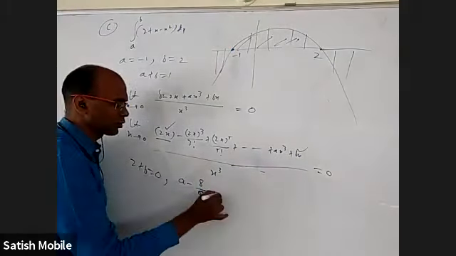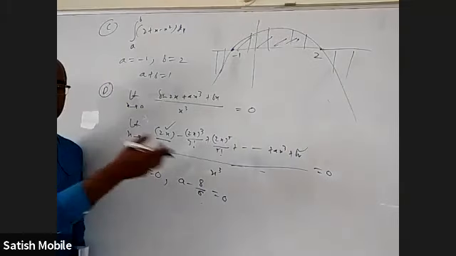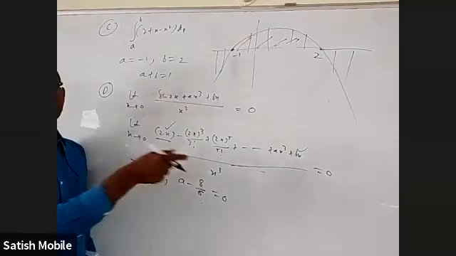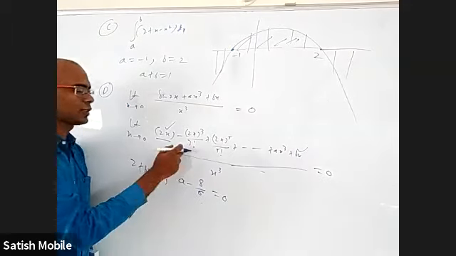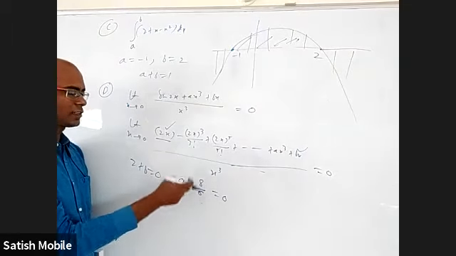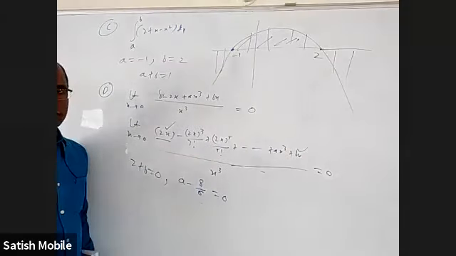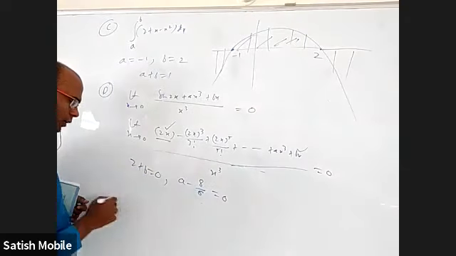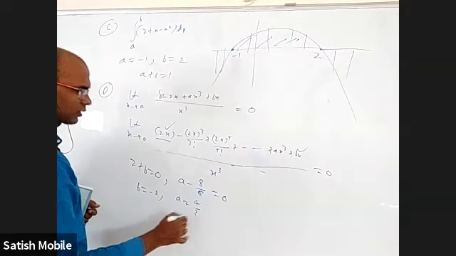And that answer they want to be 0. If they would have said equal to 5, I would have equated this to 5. If they would have said 7, I should have equated it to 7. So to understand, the x term should be cancelled, otherwise the limit will be infinite. The x cube coefficient, this and this put together, will be the limit answer. If they say 0 or 7 or 100, we will equate to that. So it's not that 0 has anything special. If it is 9 here, I should have written 9 here. So anyway, I got b equal to -2 and a should be 4/3 for the limit to be 0.